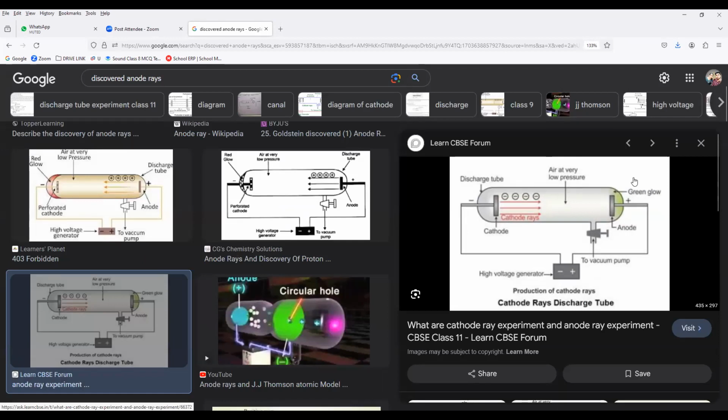Greenish color means what we used to call? Everybody, it is cathode rays. Am I right or wrong? All of you. So now